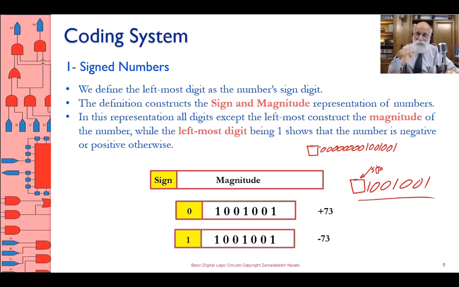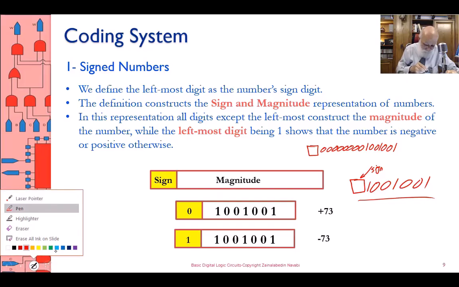There are two representations for signed numbers. One of them is referred to as sign and magnitude. That's the easiest. At least this is the one that seems to be the easiest, but then we will see later on that this has a lot of problems. Let's not worry about that until later on. I'm saying a sign and magnitude representation is as simple as